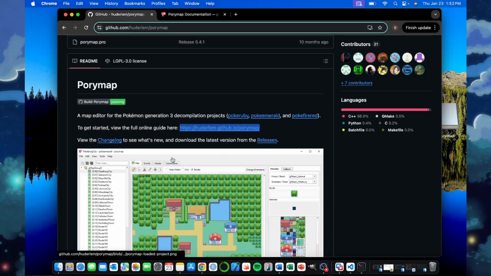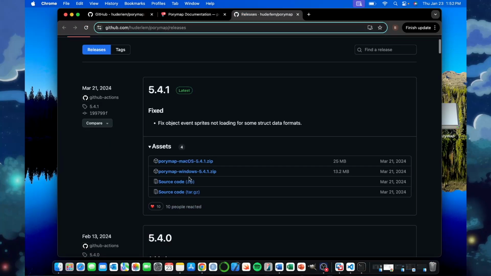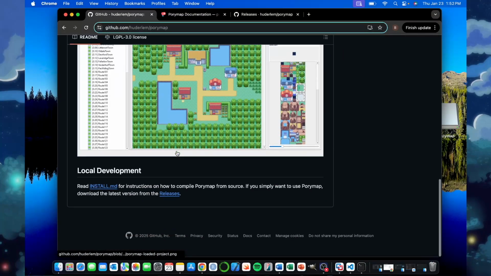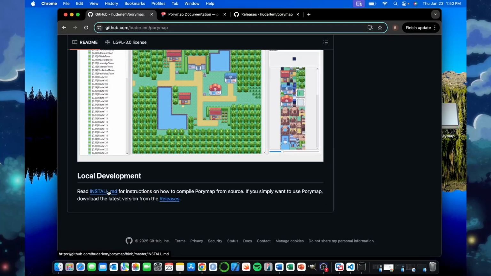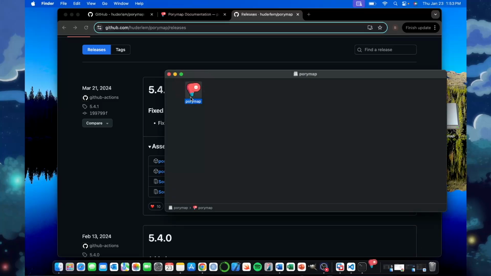To download it, if you are on Mac or Windows, you can just go to the Releases tab here and you can download whichever file you want. If you're on Linux, you will have to go through the install.markdown process and compile it from the source code. But if you're on Mac or Windows, you can download it here. Once you have Porymap downloaded, we can go ahead and open that one up